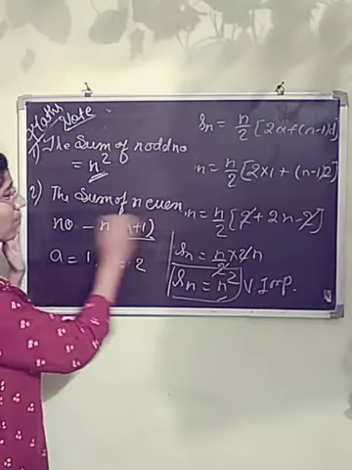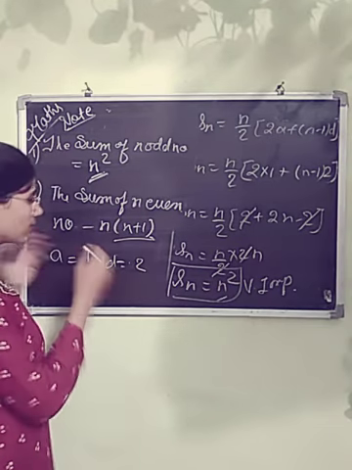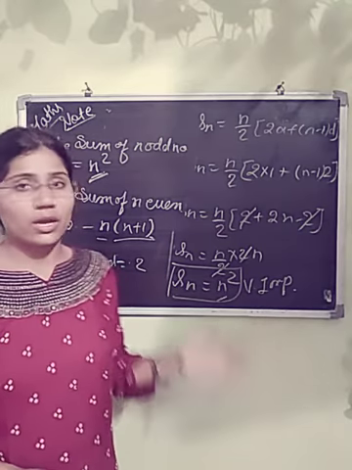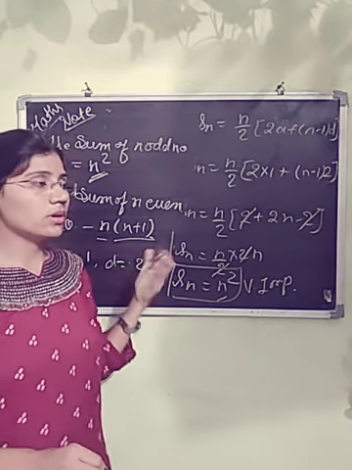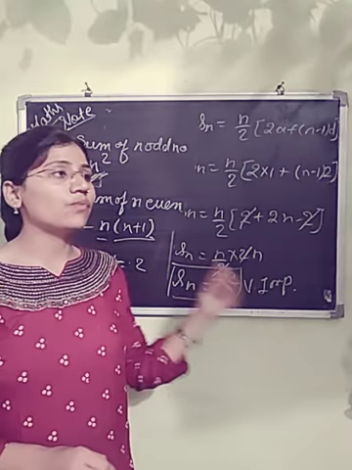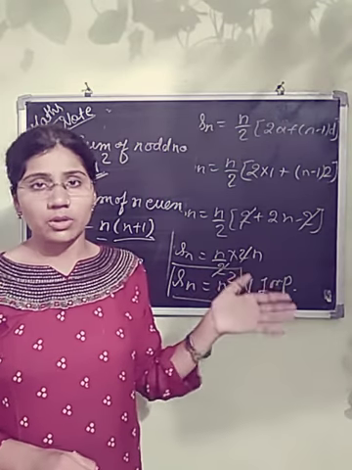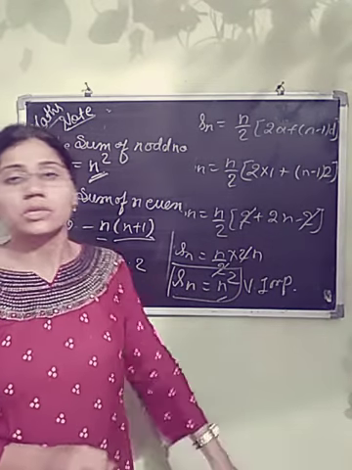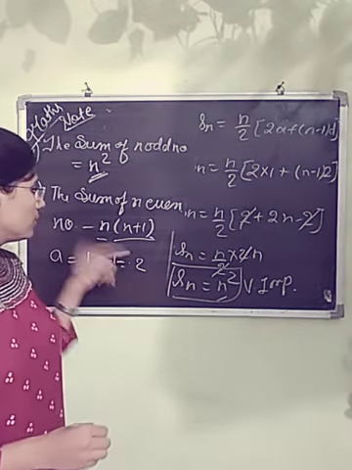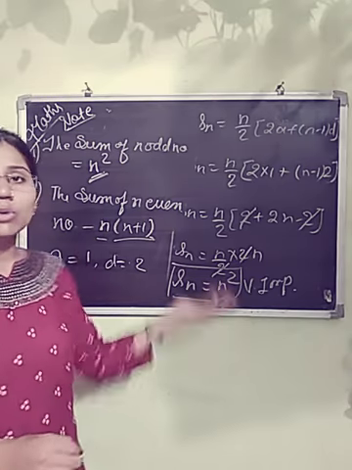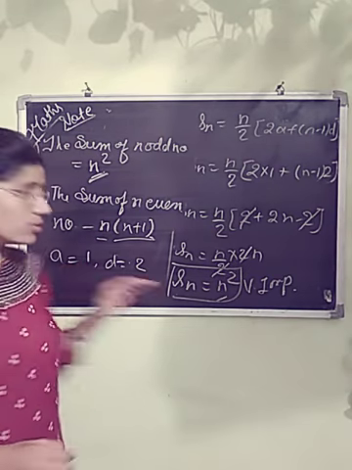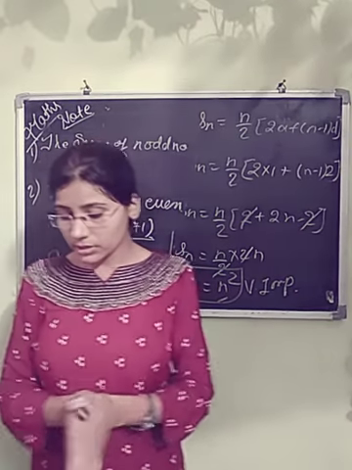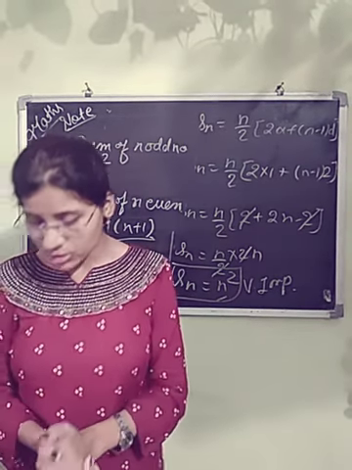The next is the sum of n even numbers. For finding sum of n even numbers, we have n into n plus 1. That means suppose I have given you the question, find the sum of first 10 even numbers. So you just use this formula. आपको पूरा AP का process नहीं करना है. You will be using this formula 10 into 11. That means 110. So in this manner you can solve the questions in a quick manner. So it's enough for today. The remaining questions we will be taking in the next class.